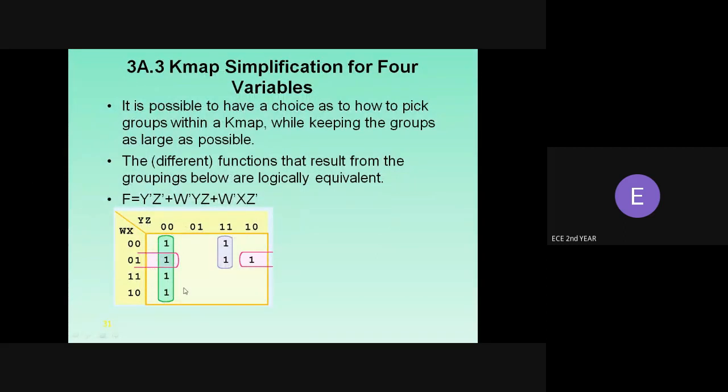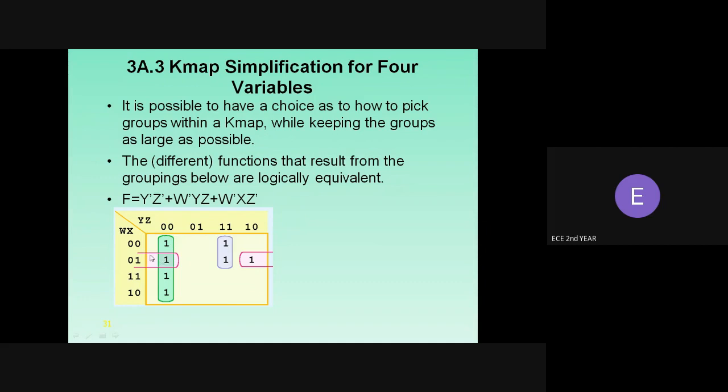If you take this particular grouping, you will have four rows to compare, so we cannot write any equation based on this one. So you have to go for this particular column. It is 0 0, so if it is 0 0 you have to write a dash for the corresponding variable. Y z are the inputs that are present. So the first term we can write is y bar z bar,